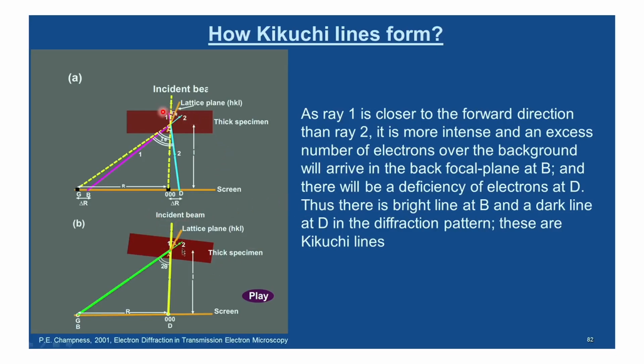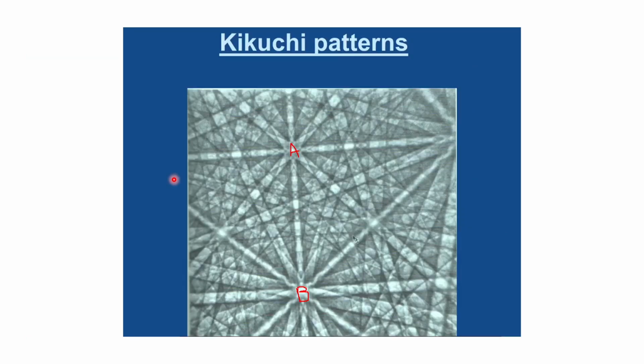Depending upon the planes which are diffracting the incident beam, you will have different widths of these Kikuchi lines. For example, as you have seen in the previous Kikuchi pattern, some of the Kikuchi lines are very thin, like the line connecting point A and point B. But from point A you can see that the diagonal ones are very thick as compared to the other ones. Depending upon the d spacing from which they are being diffracted, they will have different